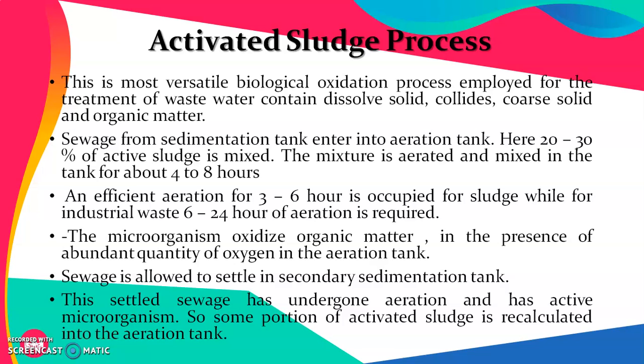Sewage from the primary sedimentation tank enters the activated sludge process, which contains two subunits: a secondary sedimentation tank, before which the aeration tank is placed. Sewage from the primary sedimentation tank initially enters the aeration tank. Here 20 to 30% of active sludge is mixed. Sludge is the semi-solid